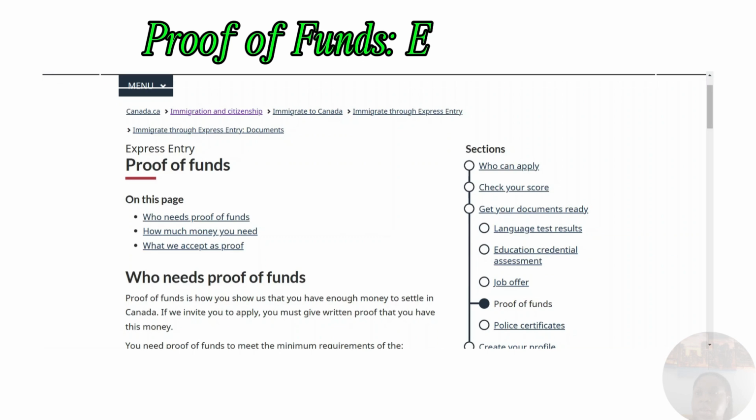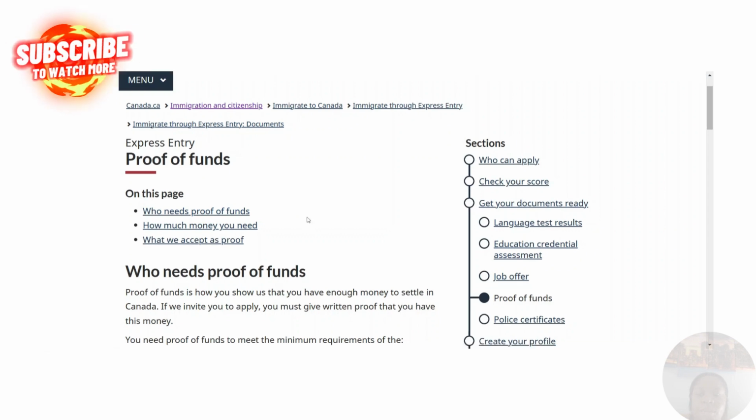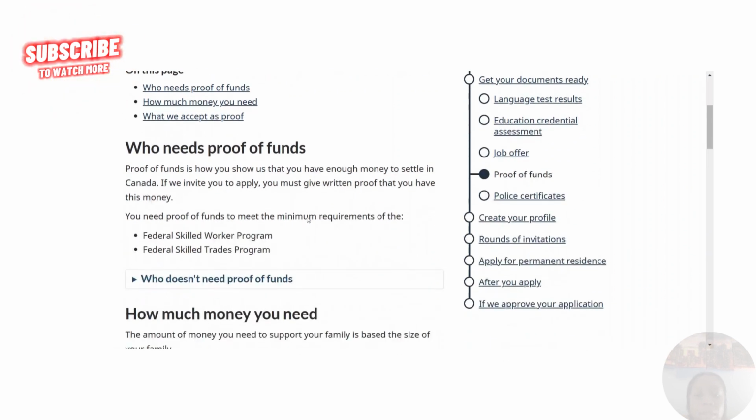Proof of funds through Express Entry. What we will discuss briefly are who needs proof of funds, how much money you need, and what IRCC accepts as proof of funds. Simply put, the people who need proof of funds are those who qualify only for the Federal Skilled Worker Program or the Federal Skilled Trades Program. Just in a nutshell,